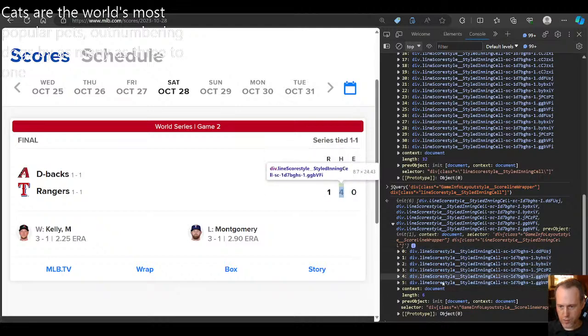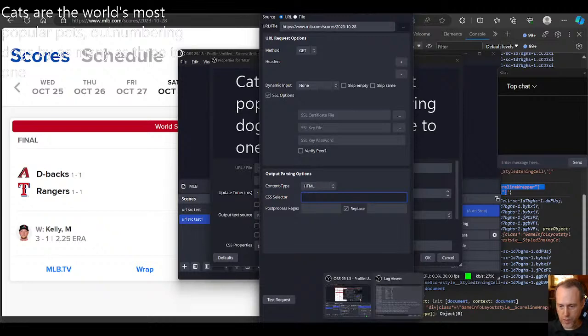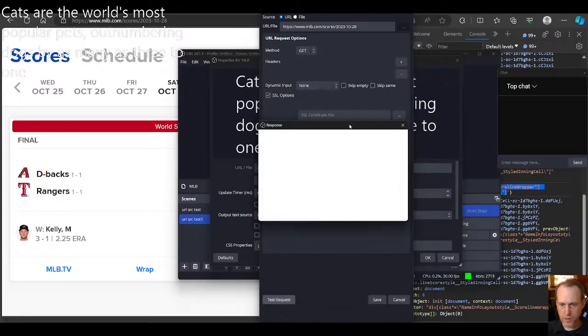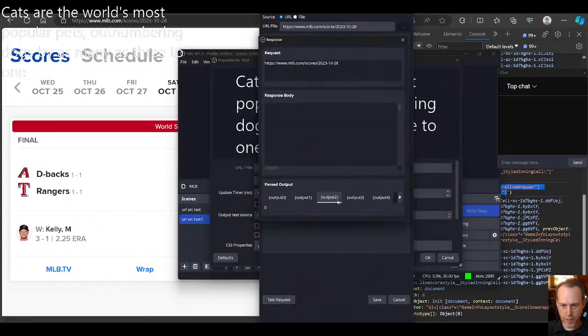All right, so this is pretty cool, and we can bring this into OBS as is. Let's just copy this out and bring it into OBS in the CSS selector. That's pretty much it. Now let's run the request and see, we're getting in our output array our scores, like the 9, 16, 0, 1,